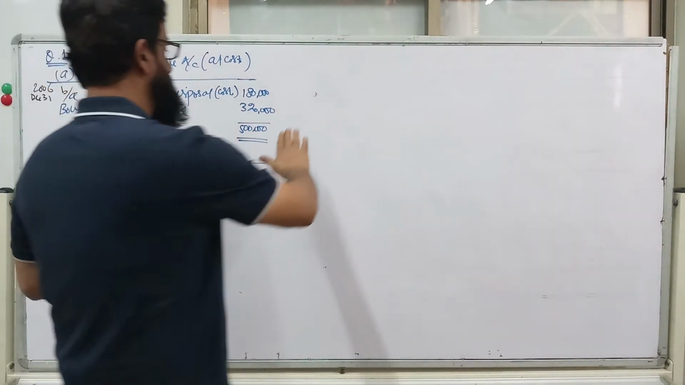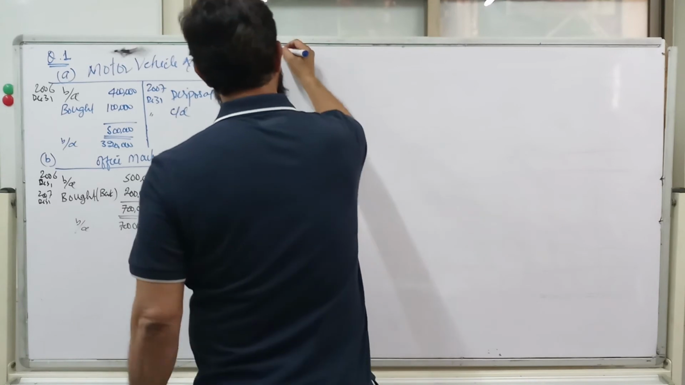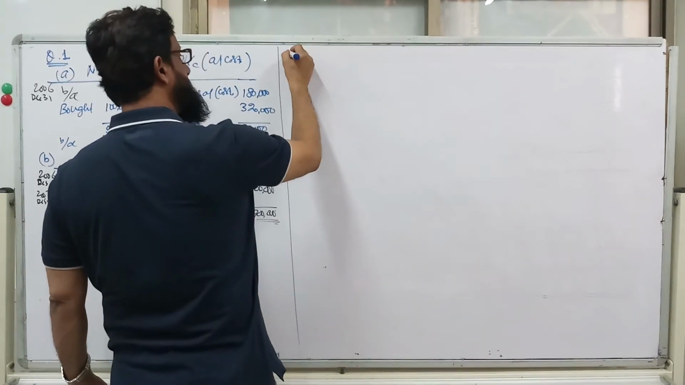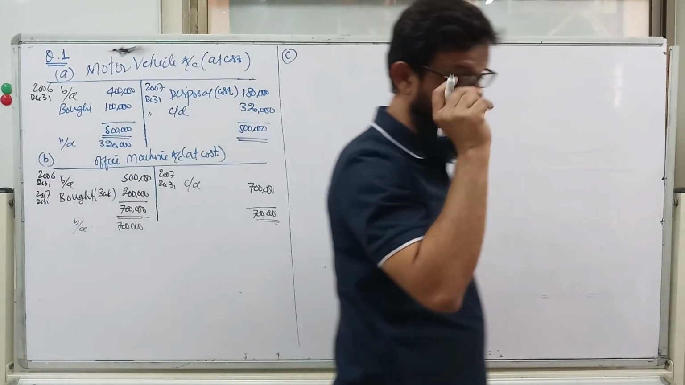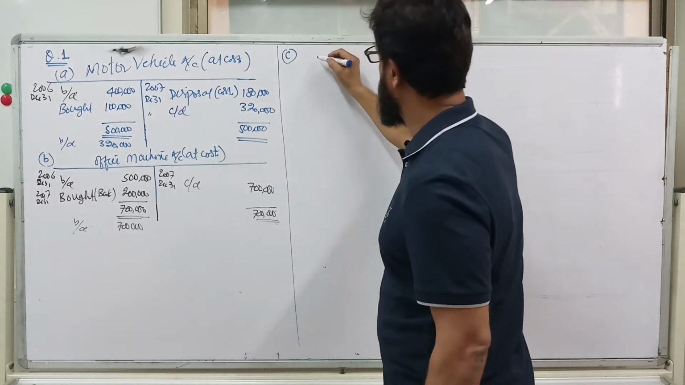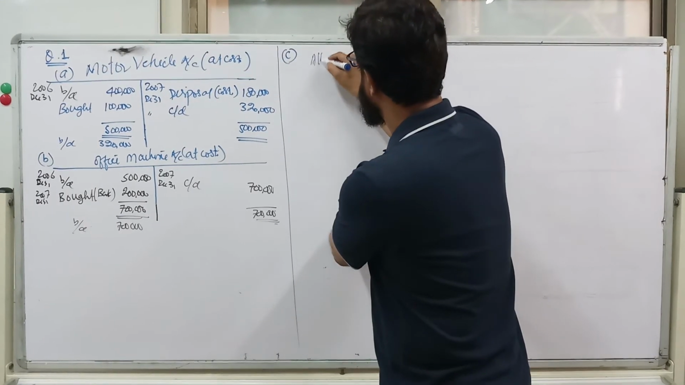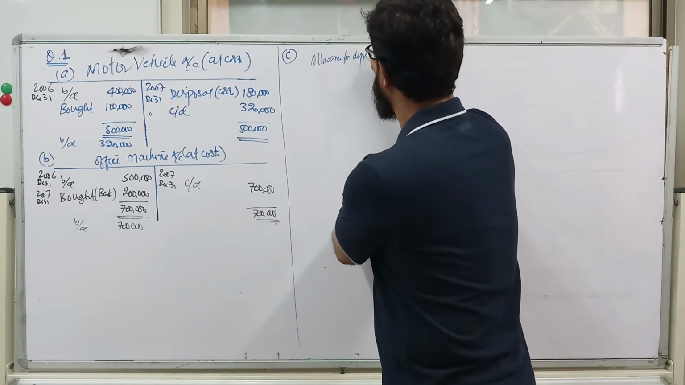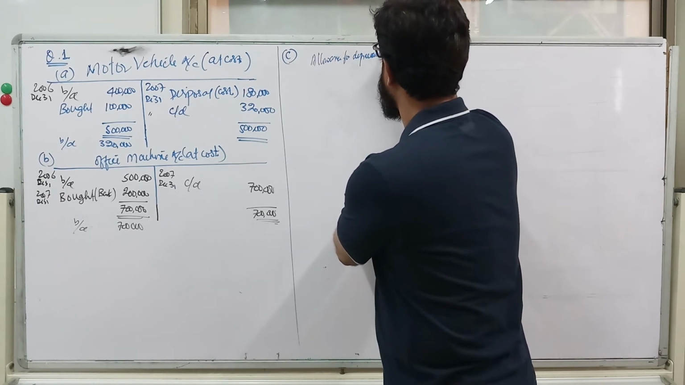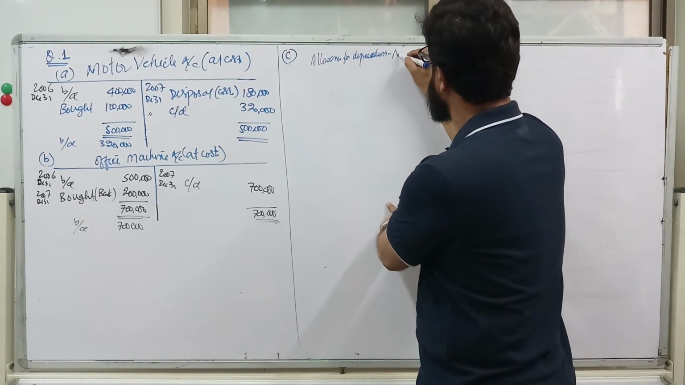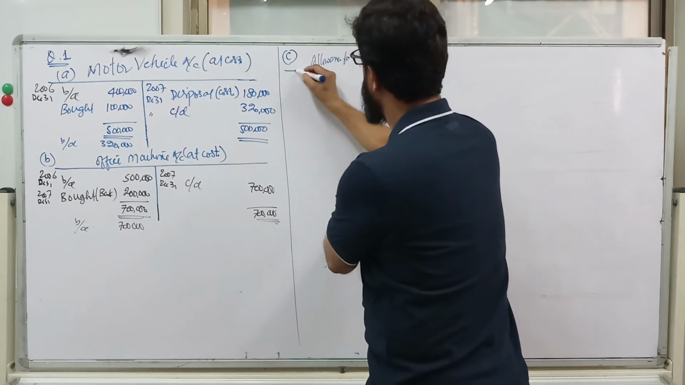These are two requirements here. Okay. The third requirement number C, the respective allowance for depreciation account. The respective allowance for depreciation account. When you draw the allowance for depreciation, motor vehicle, MV motor vehicle,